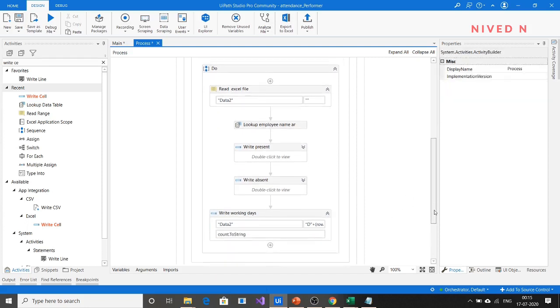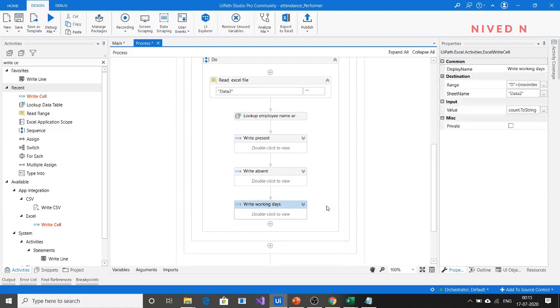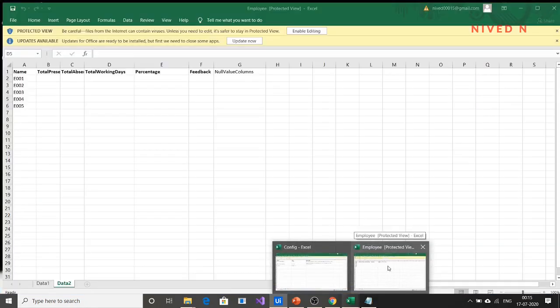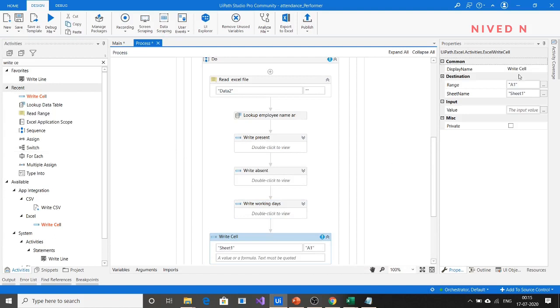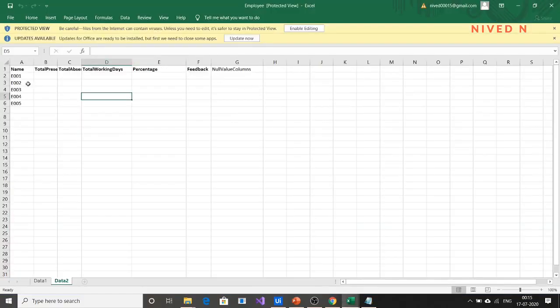Okay, now after specifying total number of working days, the next value you want to specify is percentage. So use write cell activity again here, and you can name it write percentage, and you have to specify the sheet cell value on which you want to write the percentage. We know that for E001 percentage is being written at E2, for E002 percentage is written at E3, similarly for E003 percentage is being written at E4, and so on.